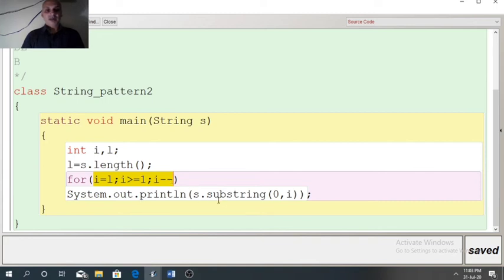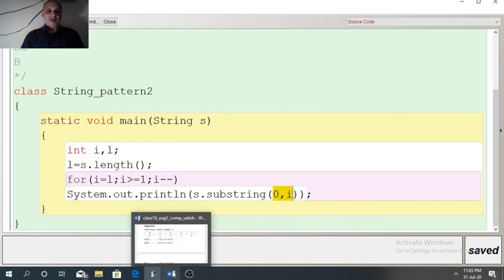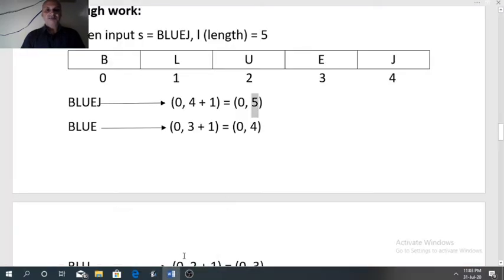Now, in the body of the loop, System.out.println(s.substring(. Now in the argument, again see this.